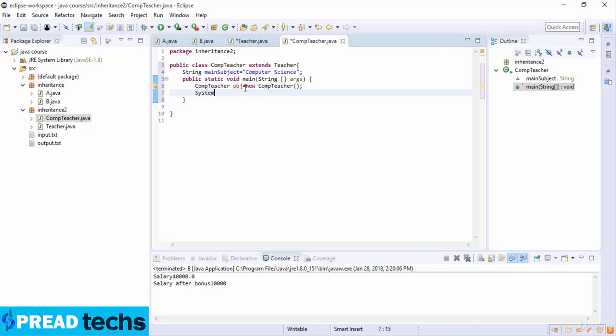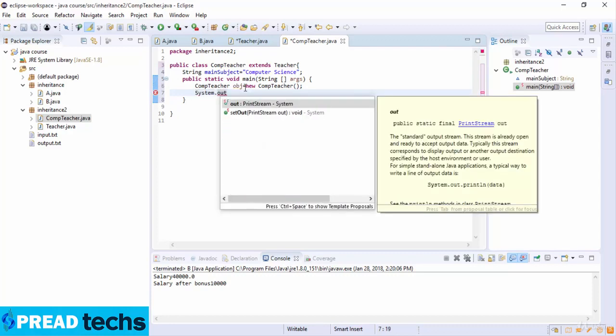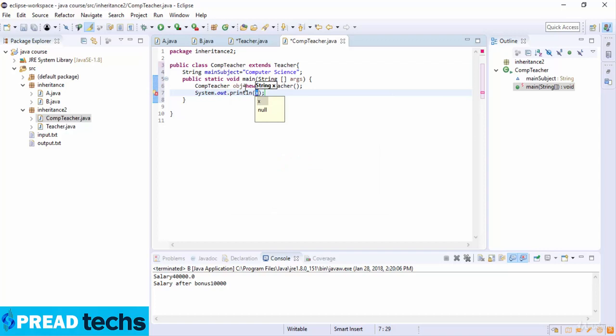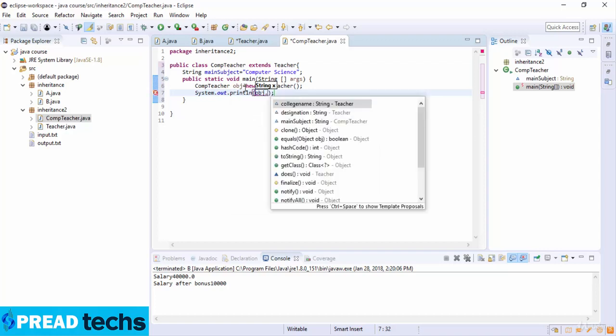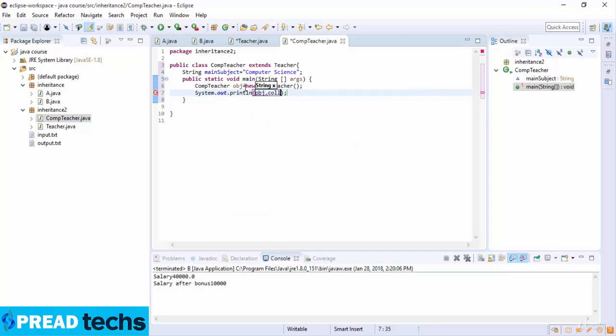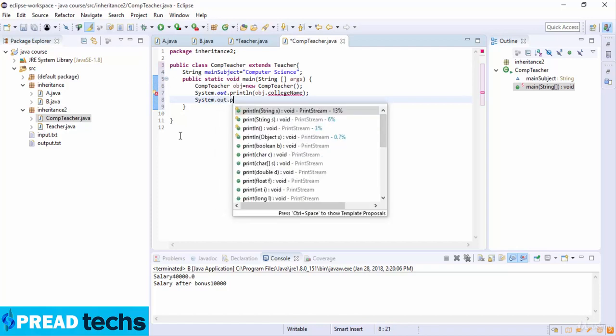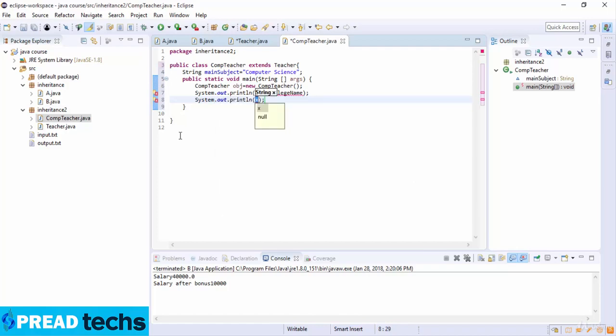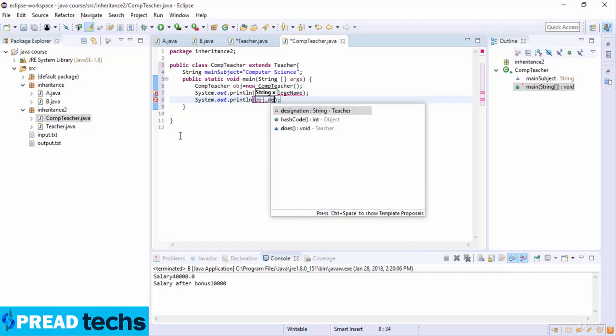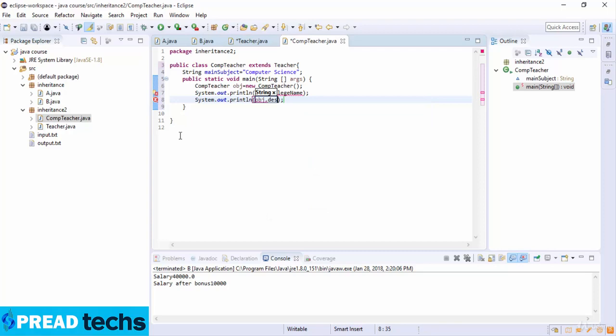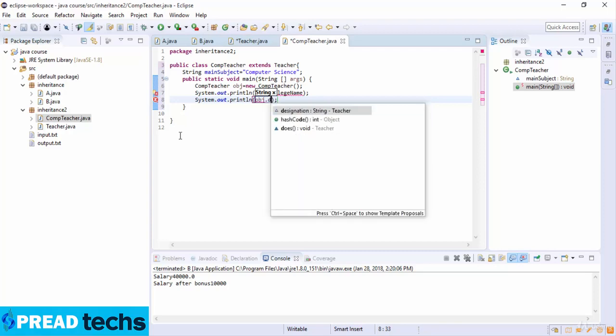And then I just call the object dot println, and then obj dot college name, and then System.out.println, which is object dot designation,